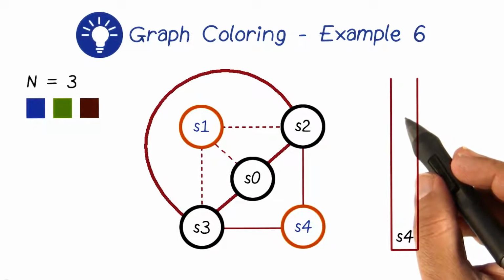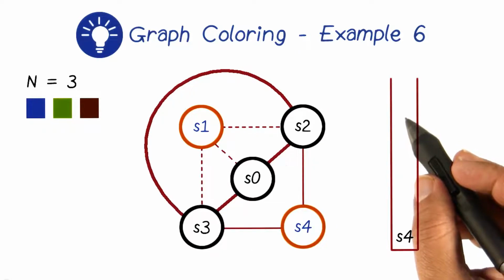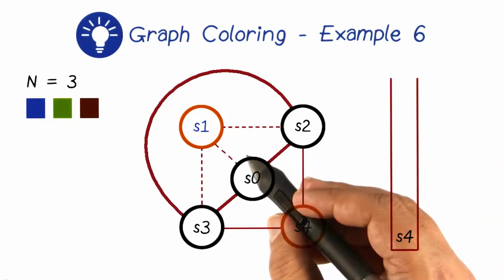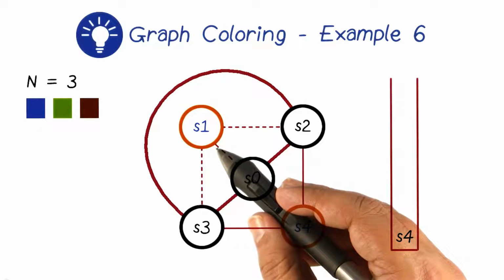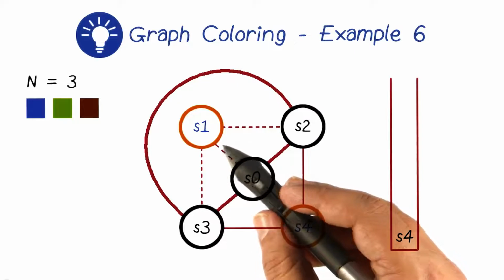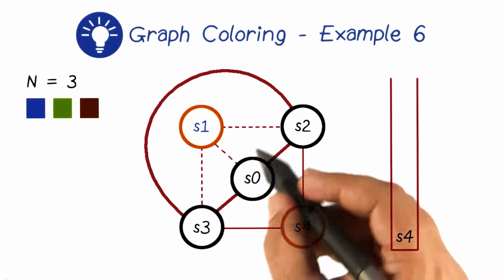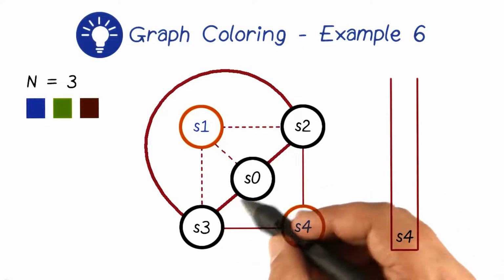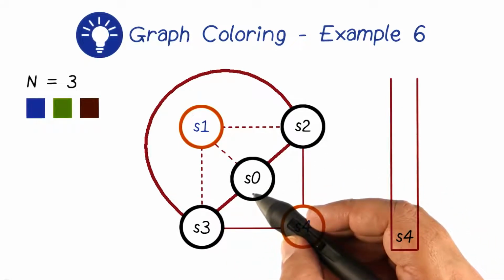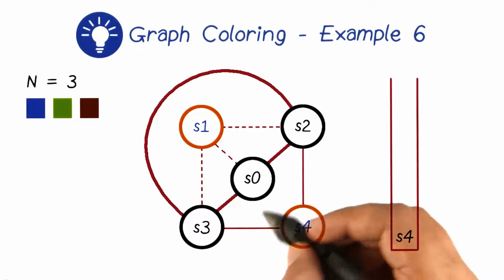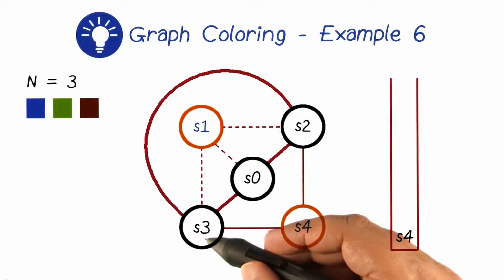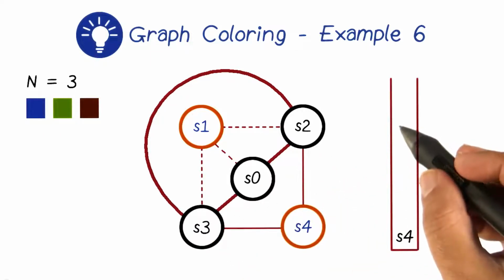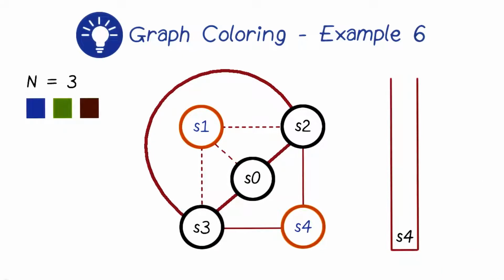So let us now work out this example using Chaitin's assumption, that is, S1 is not going to get a register and it is the spill cost node, and so let us spill it and remove it from the graph. If we do that, then this is the graph which we will see where S1 is removed. And next, we'll try to pick out a node whose degree is less than or equal to n from the remaining graph, which is S0, S2, and S3, and we will try to put it onto the stack and then